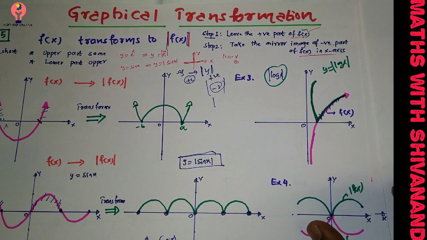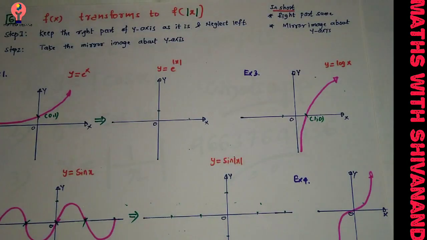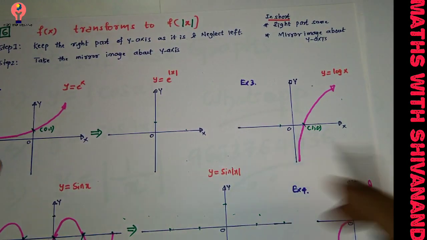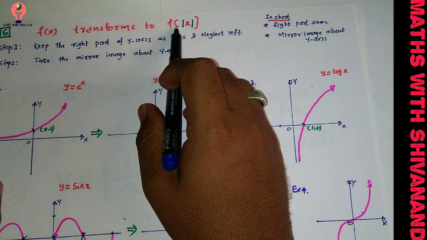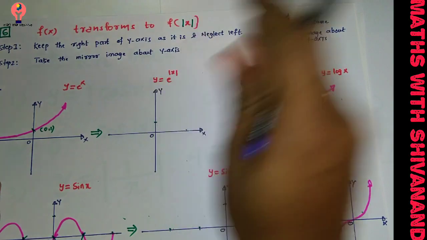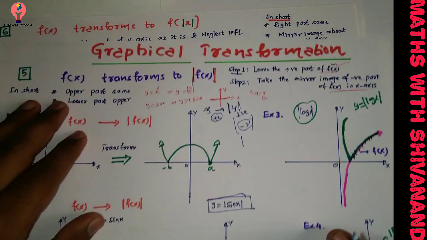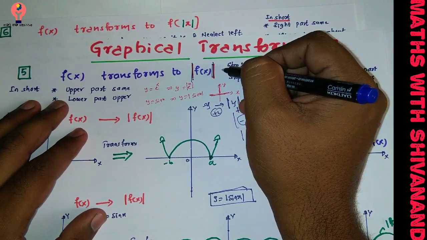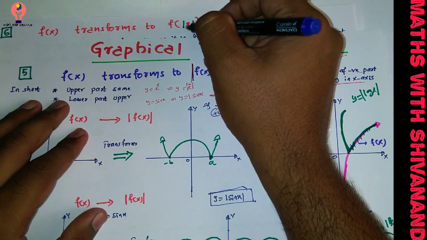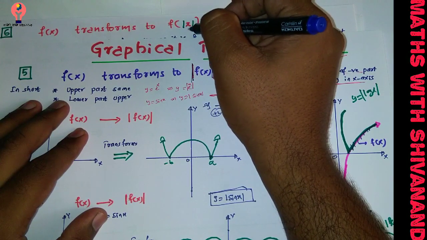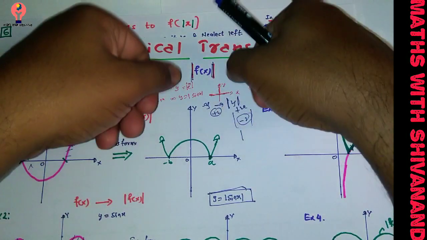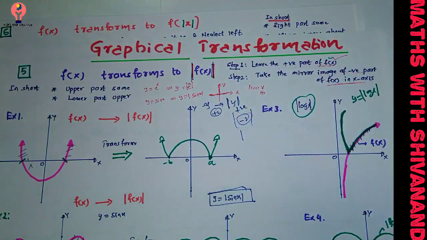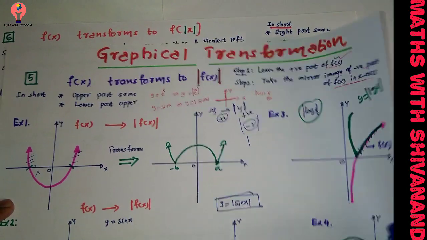That's it. Okay. Now we are looking back. So we're going back to the sixth transformation. My sixth transformation is f of x transforms to f of mod x. Listen here. So the slight difference here. Here I am applying the mod externally, outside, nothing but to the value of y. Here I am applying the mod internally to the value of domain. Here the mod is applying for the y. Here is for x. The difference.